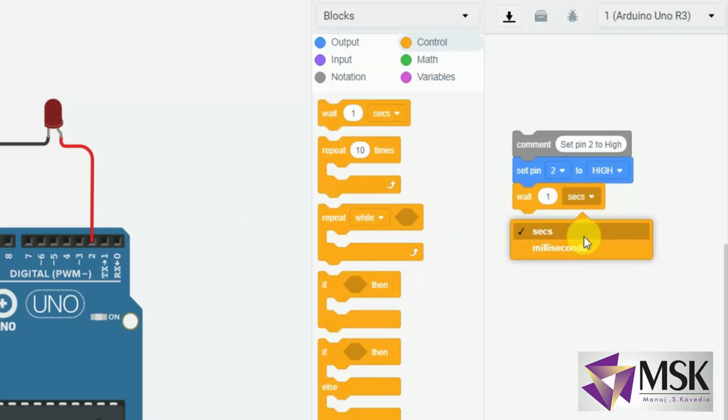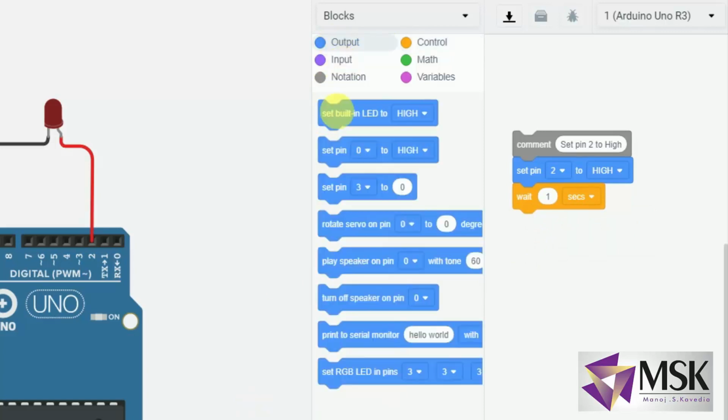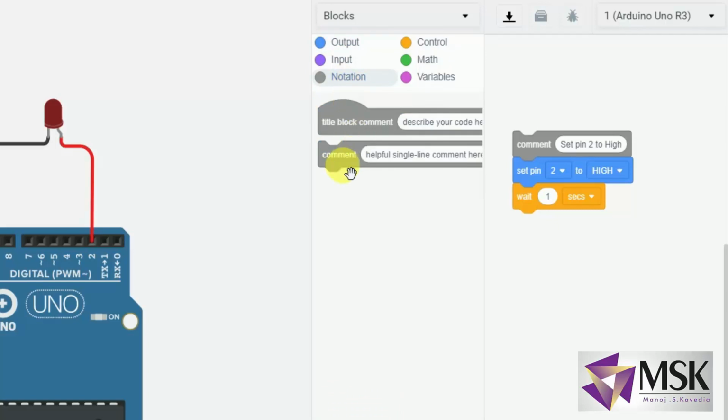Now again I'll go to output. Prior to that I'll take a notation, and here I'll write a comment. The comment is set pin to low.